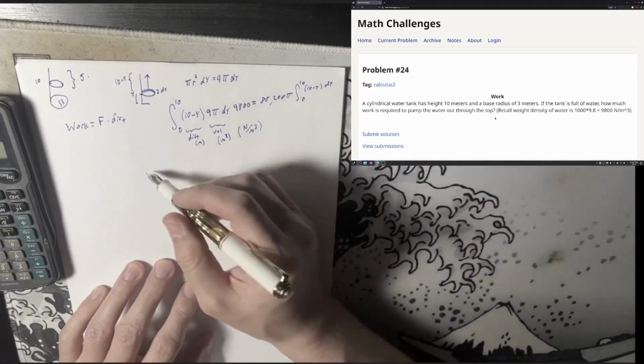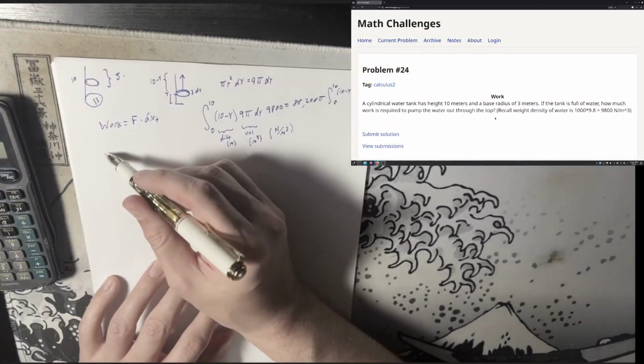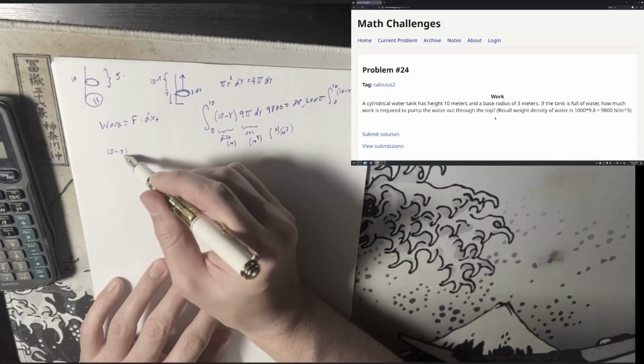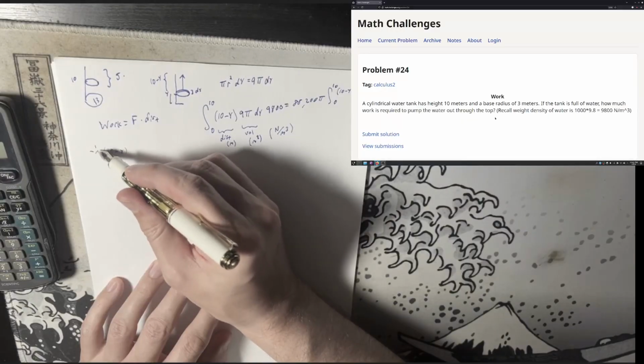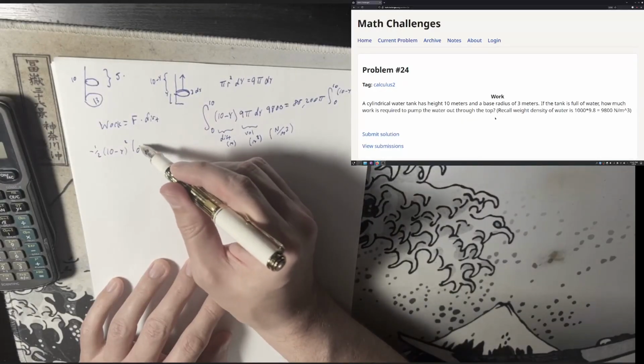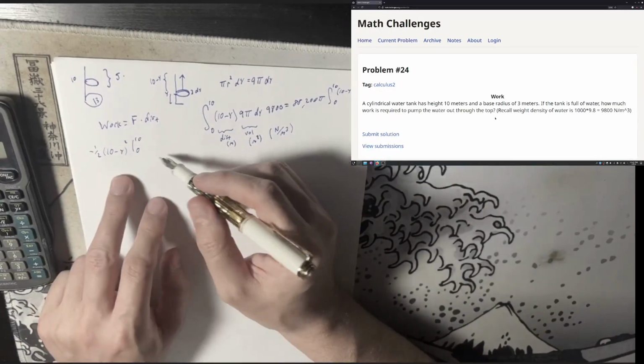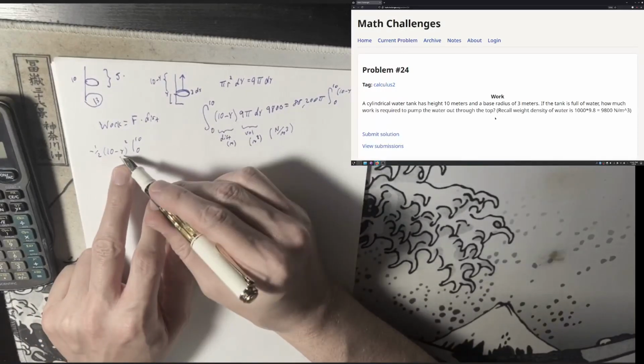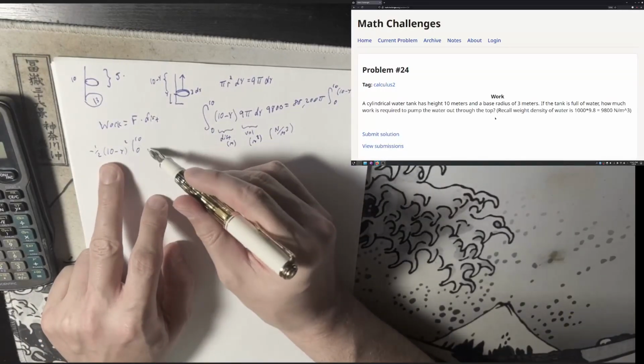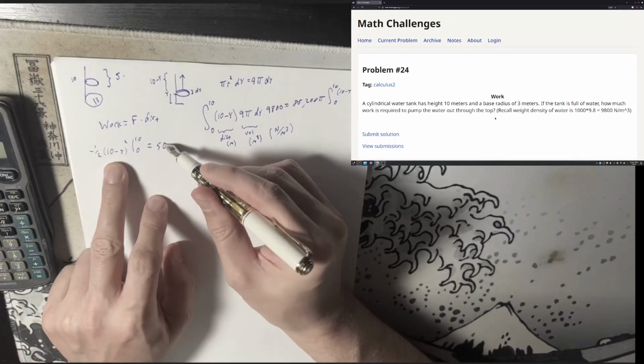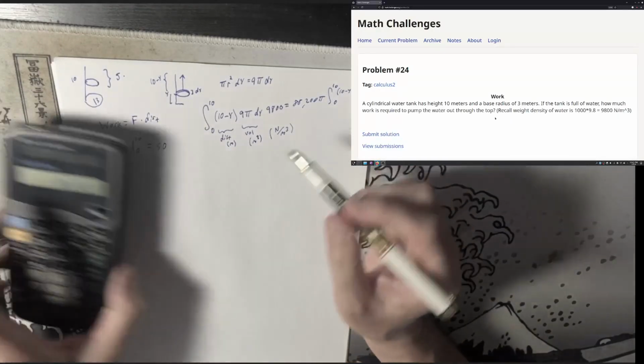So when we integrate this, you get, of course, 10 minus y. It's actually like negative half of that squared, evaluated from 0 to 10. If you plug in 10, you get 0. When you plug in 0, you get 10 squared. So I think I'm getting 50 on this answer. So 50 times this